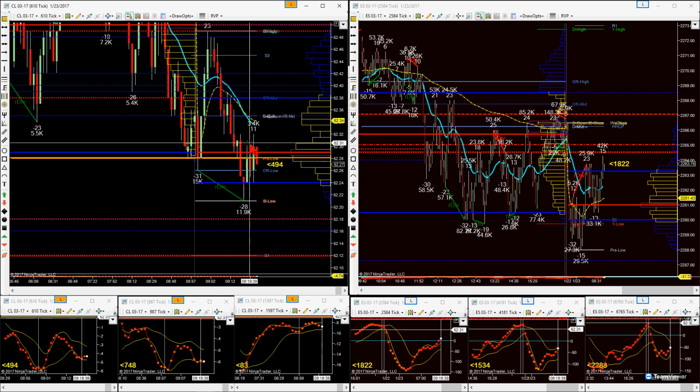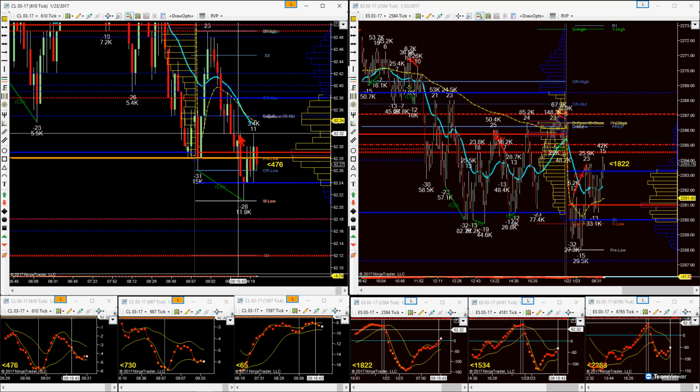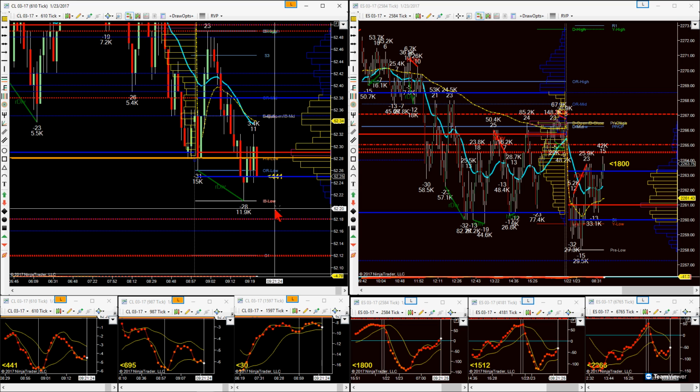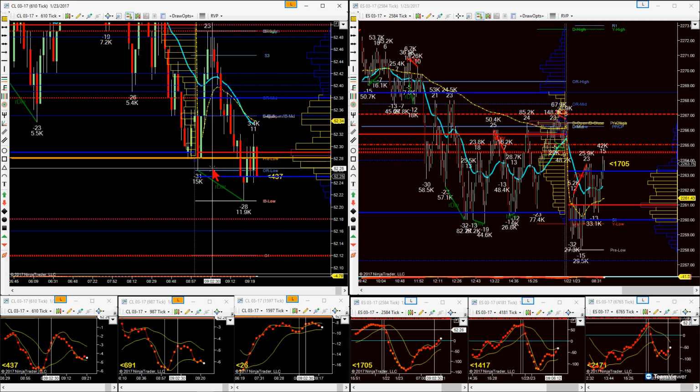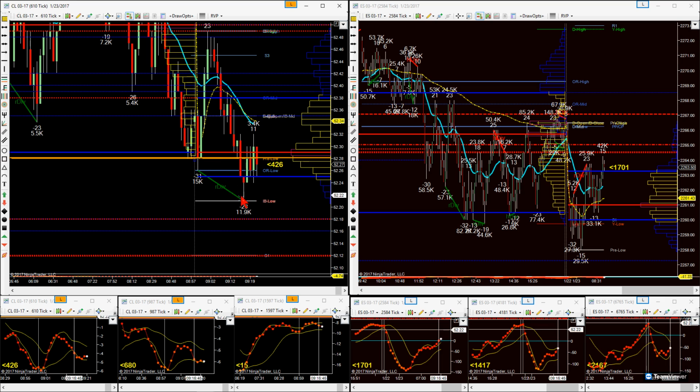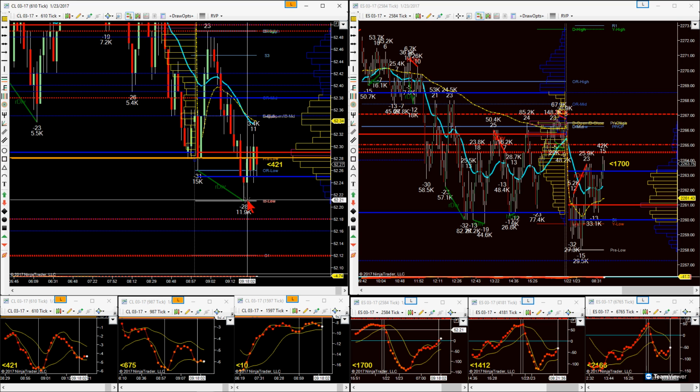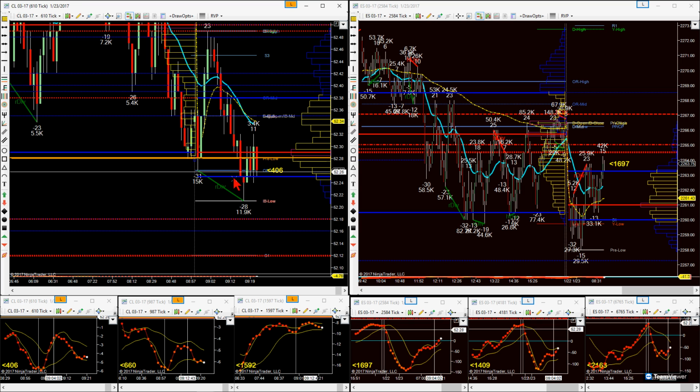That was close to an entry. We did form a micro double top here. For me, everything in my bias, because of context, is skewed to the downside. From the upside, the only thing we can talk about is we do have divergence here. I just don't want to be long